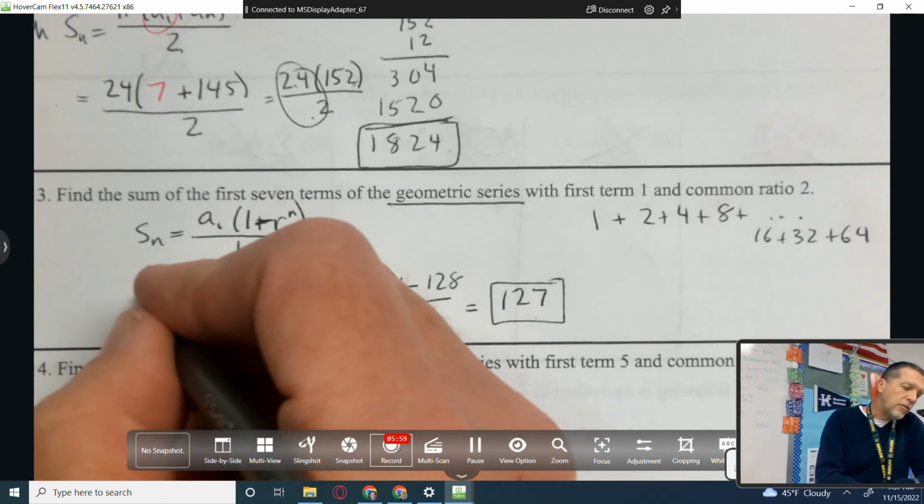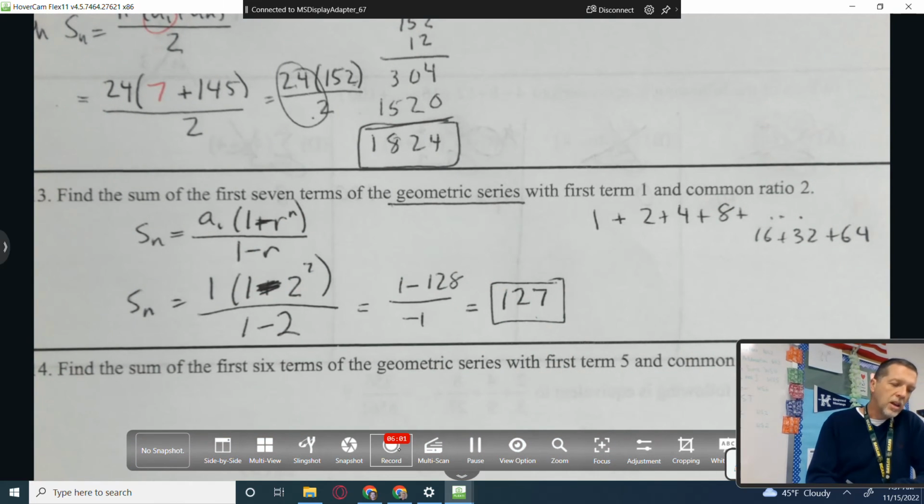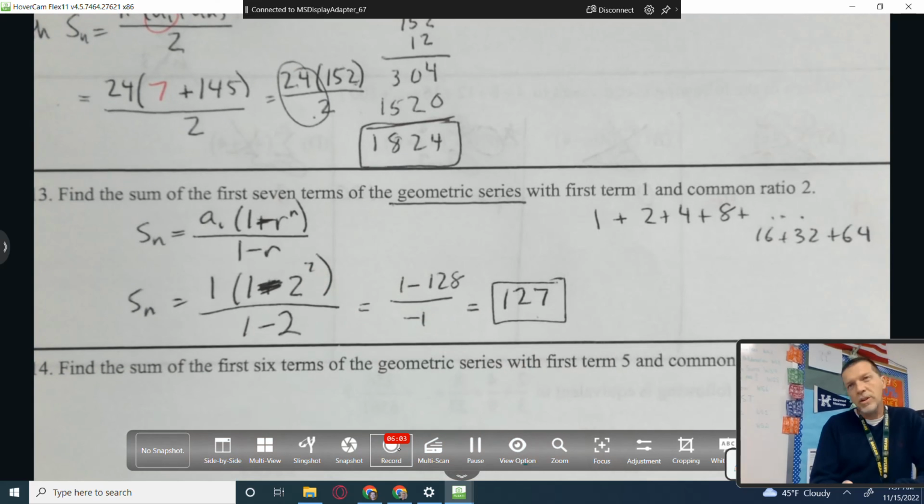So we use the formula as sort of the preferred way, but with only 7 terms, if you wanted to make sure, you could write out the 7 terms and add them up. Other questions? That's good. We've done an arithmetic and a geometric